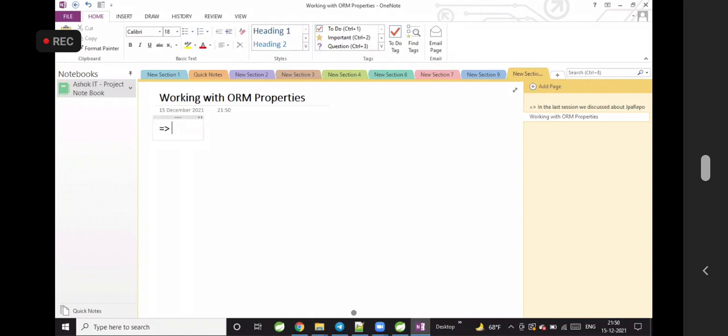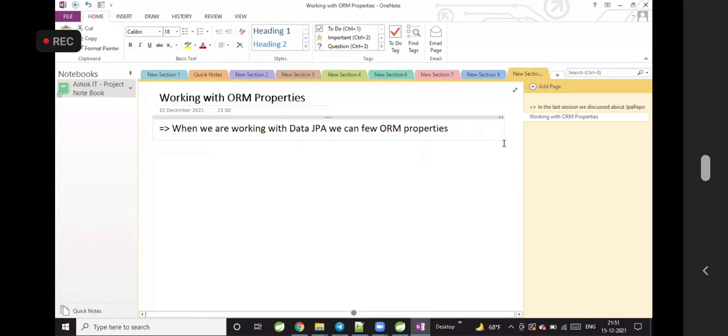When we are working with data JPA, we can use few ORM properties.